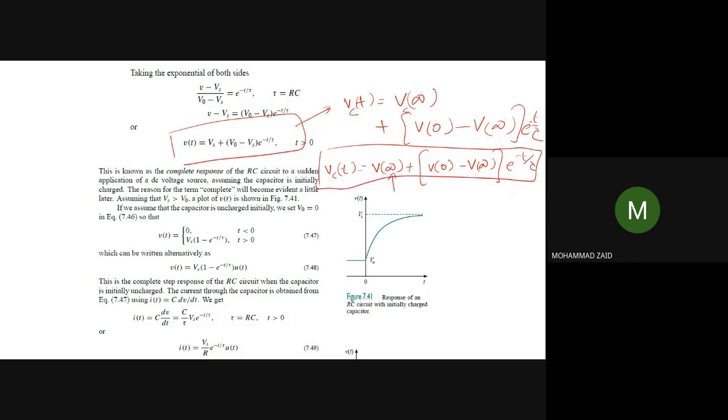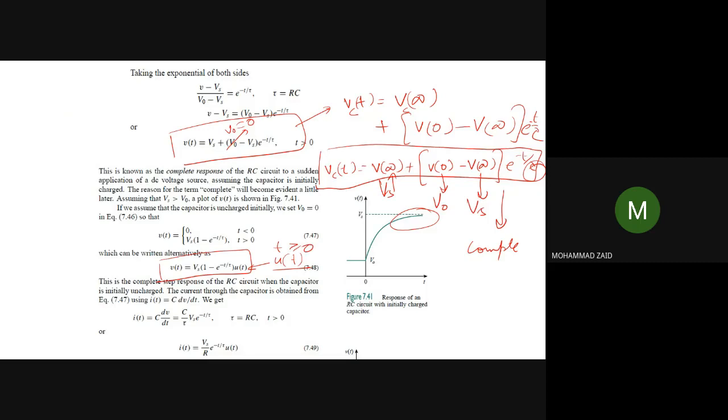So that will be the complete response of the circuit, because V infinity in this example is Vs, V0 is V0, all DC values, and tau we have calculated. From this figure you can see that the voltage is now constant until some discharging happens. If V0 is 0, there is no initial capacitor voltage, and then V(t) is equal to Vs times 1 minus e to the power minus t by tau, times u(t). Again, you see u(t) is coming, which means we are talking only for t greater than 0.